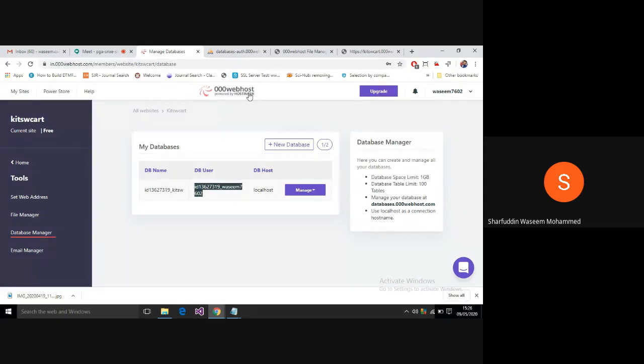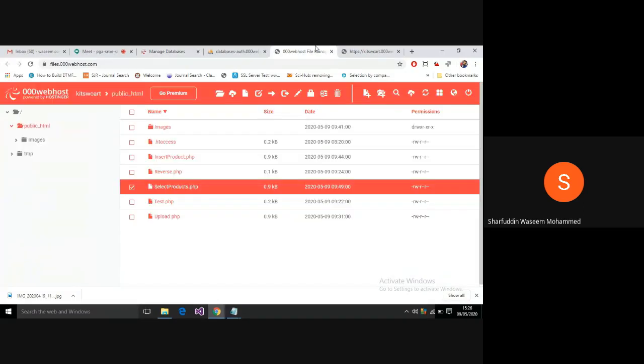Today what we have learned is how to make use of file manager in web hosting. Okay, so apart from this file manager, it will also provide you with some applications which you can connect with your FTP, which we call as a file transfer protocol. So for file transfer protocol, you will get the username and password which you can enter, and you can upload a bulk of files to your server at a time. Okay, so that is with the help of FTP you can do it.